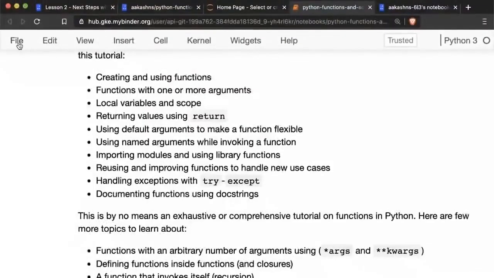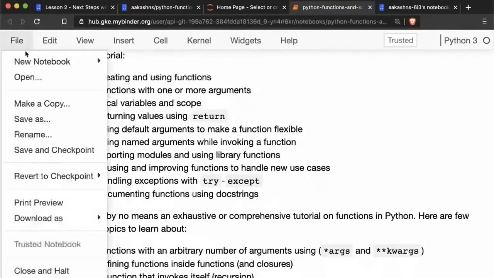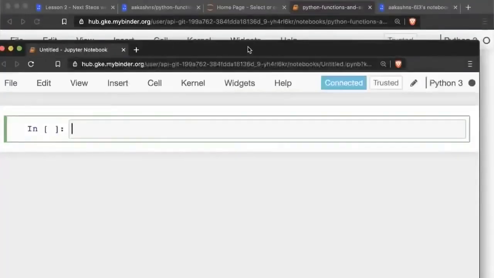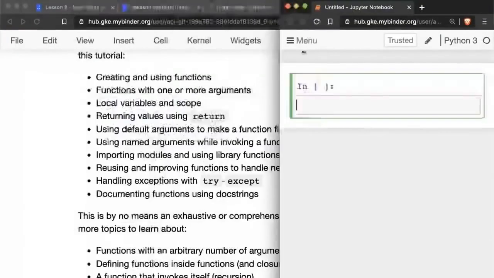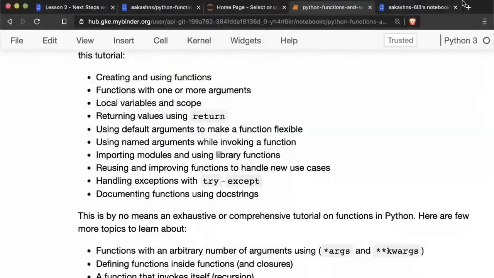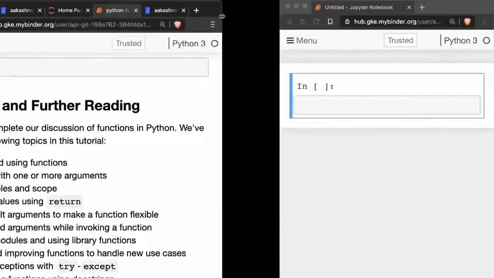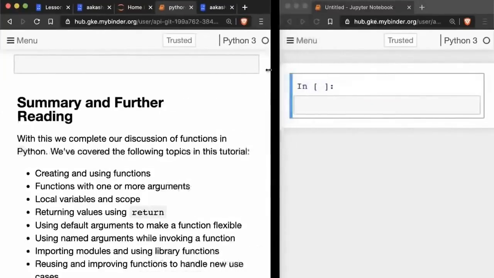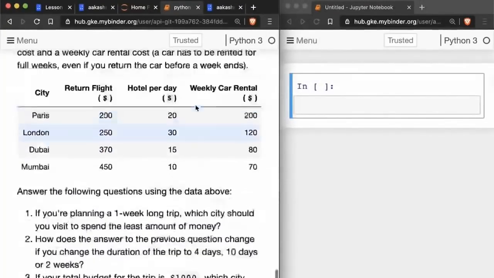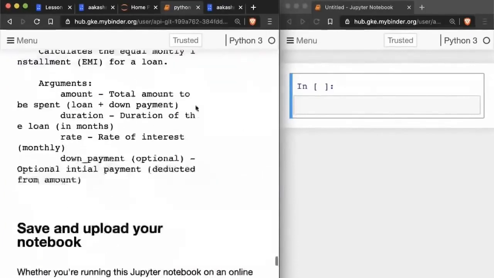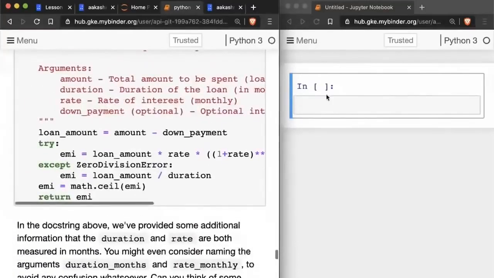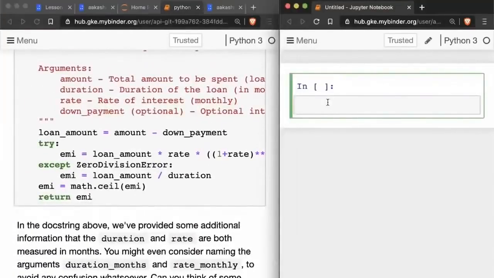So what you should be doing now, after the lecture, you should be going File, New Notebook, Python 3. Take this notebook, put it on one half of the screen. Take this other notebook, the existing notebook, and put it on the other half of the screen. Okay. And now what you should be doing is you should be actually typing out all of these things by yourself. So for instance, the loan EMI function, instead of just looking at the function and trying to understand it,